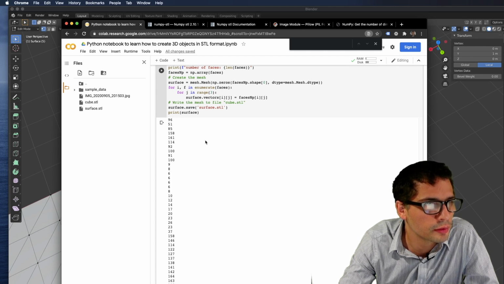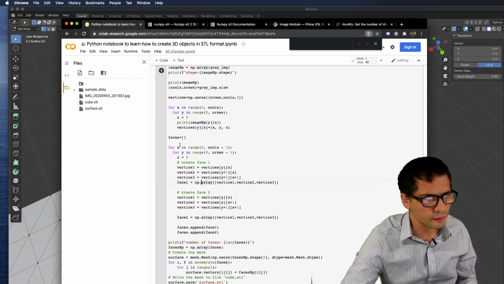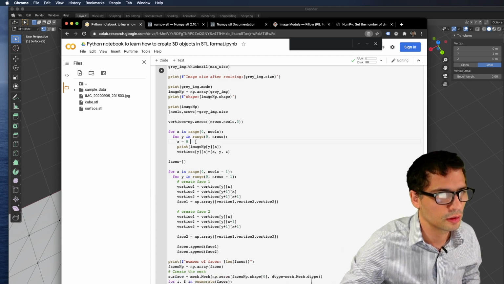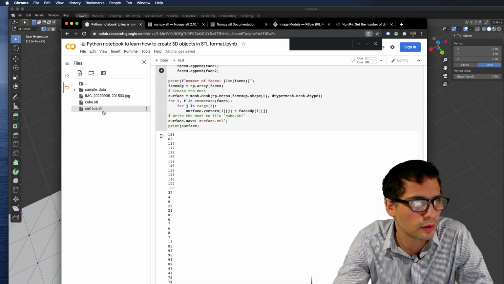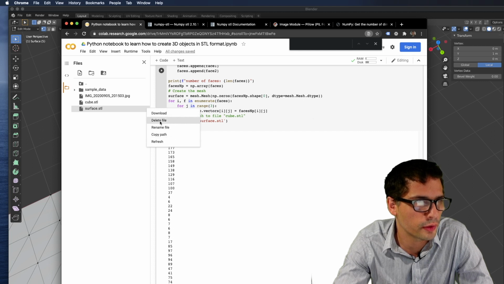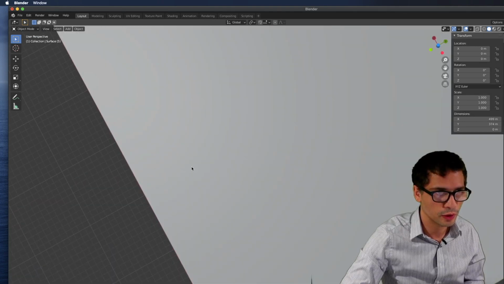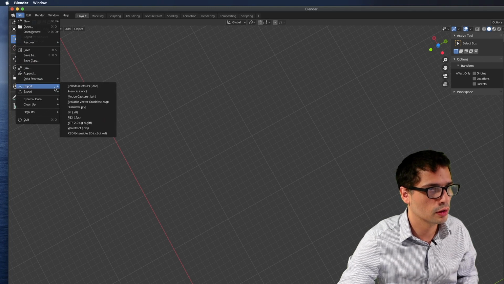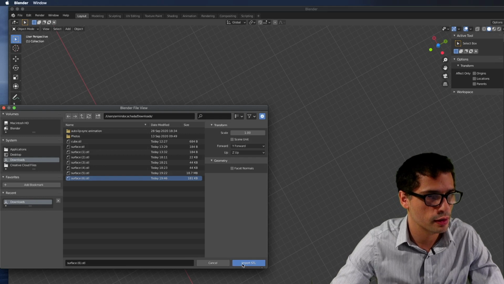If I was to just set the Z to this, I'm going to show you what happens. Copy and paste here. So Z equal to this. It's going to be a very wild surface. I'm going to download the surface and we'll see how it looks. In object mode I'm going to delete this and import the new surface, which should be very exquisite, to say the least.